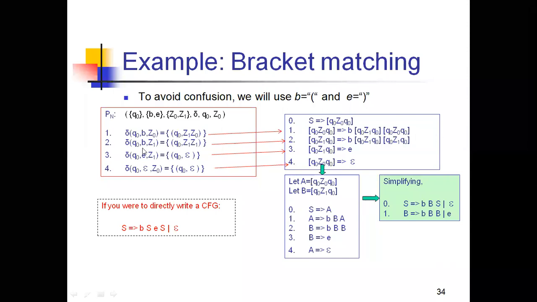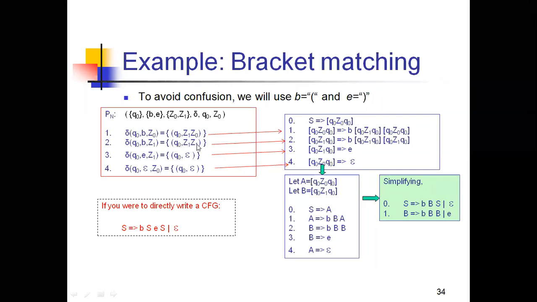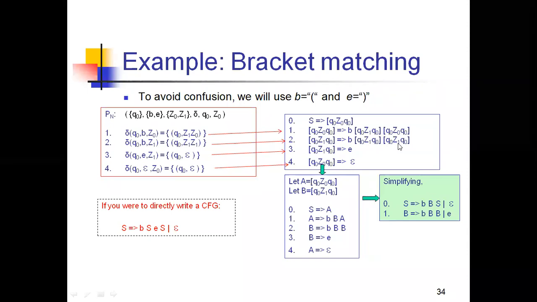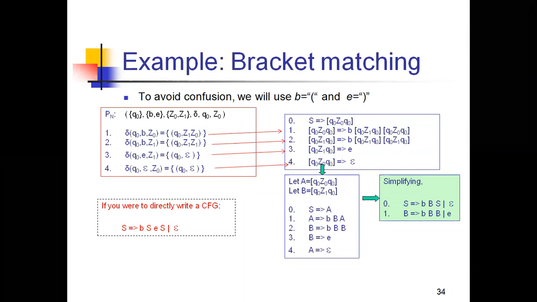And for the same, you need to apply the same production for creating the grammars. The same syntax you need to apply for rule number 2 also. See, Q naught, Z1, Q naught. And what is the output top of the stack I have here? Both are Z1s. And my input alphabet is B, right? So B of Q naught, Z1, Q naught into Q naught, Z1, Q naught. Is it clear? Q naught, Z1, Q naught into Q naught, Z1, Q naught. Is it clear how to create the productions from the PDA rules? So this is the way of creating the grammar from the PDA rules.